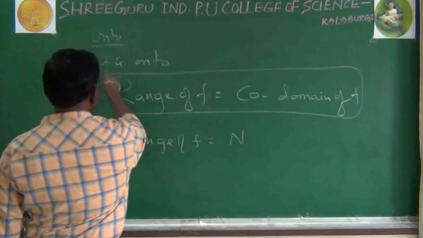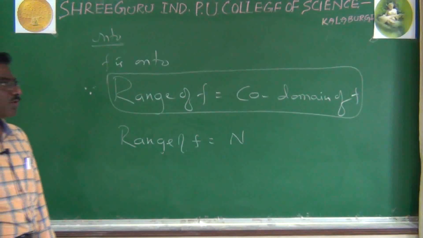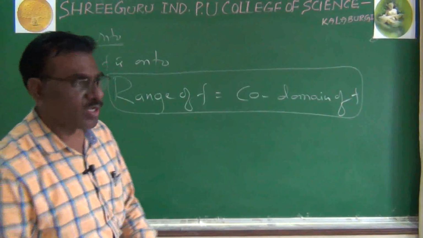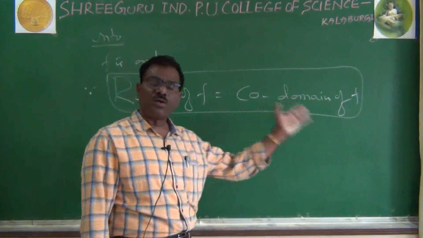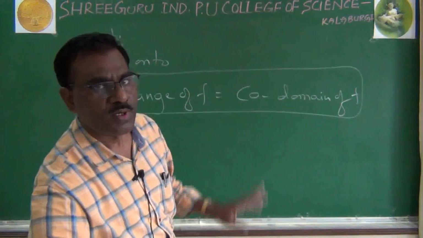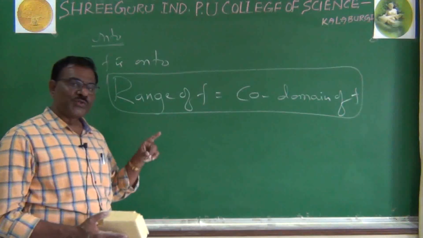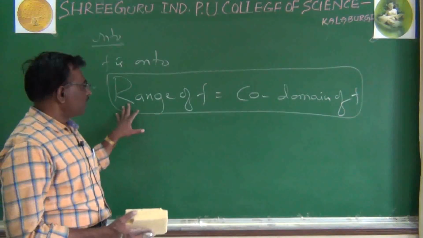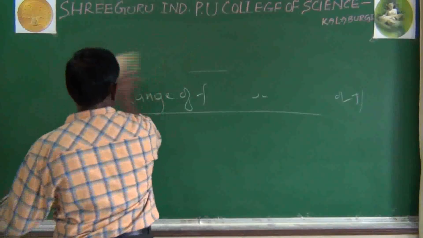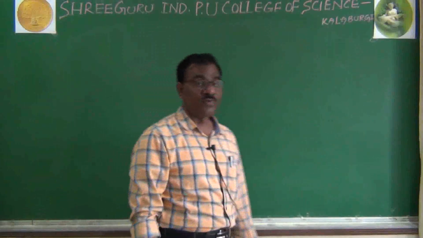There is one more sentence: f is onto because the range of f equals the codomain of f. No need for more, it is 100%. You take 1, 2, 3 here, and here are 1, 2, 3. All are images. All the elements of the codomain have preimages. So for onto, you should write the shortcut: range of f equals codomain of f. Hence the function f is not bijective.